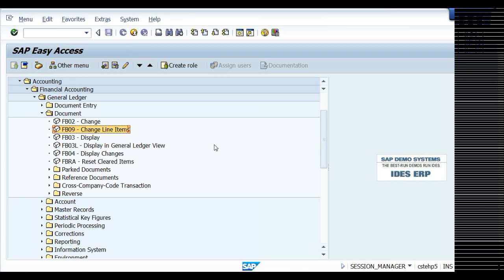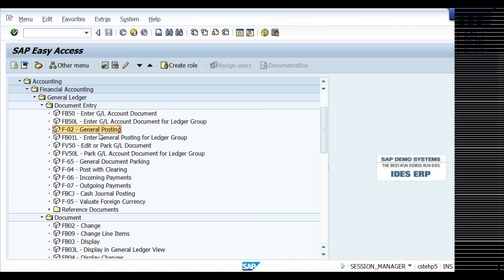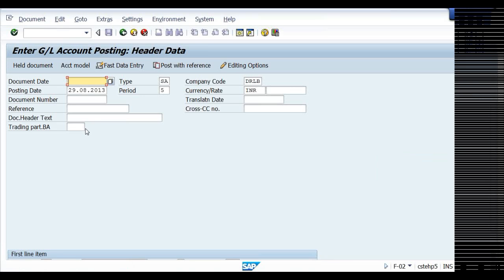Now coming to the document hold, document holding. See, document holding is nothing but, I want to post a document in case of document entry. I'm posting a document and I want to discuss with my boss because some complications are there and my boss is not available immediately. So I don't want to keep it pending. If I'm posting in F-02,